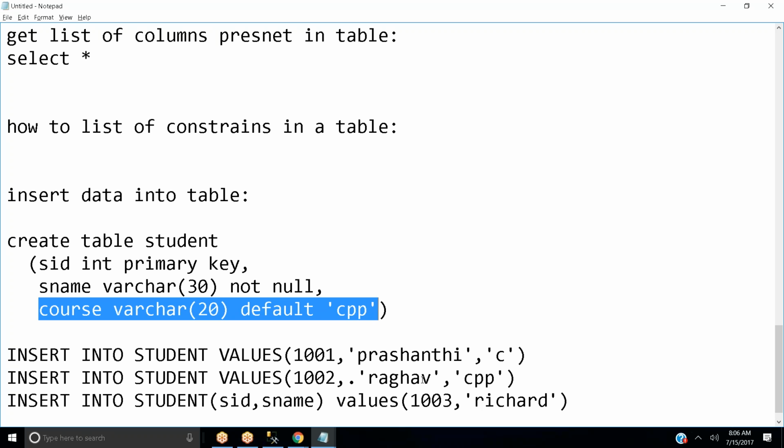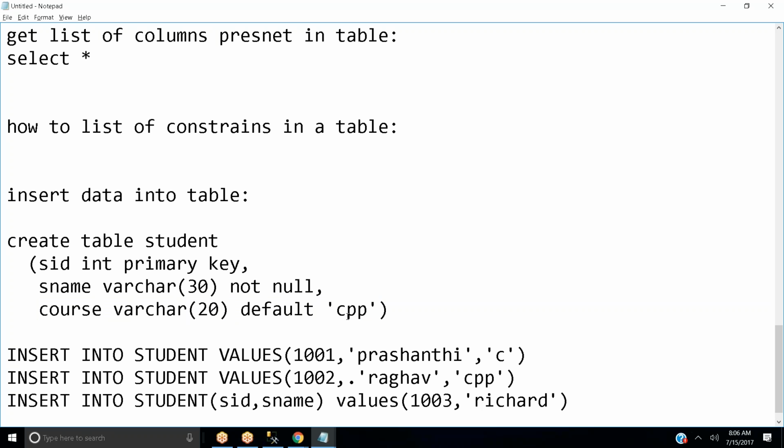But whenever you are not going to give your course, automatically you will get CPP. Why are you going to get CPP? Because while defining your table, you have defined it with a default constraint. So whenever you insert some value into this particular table called student, and you are not specifying any course, by default it is going to get CPP.